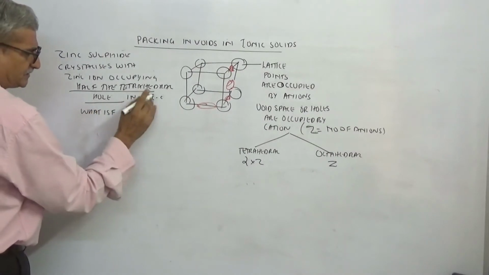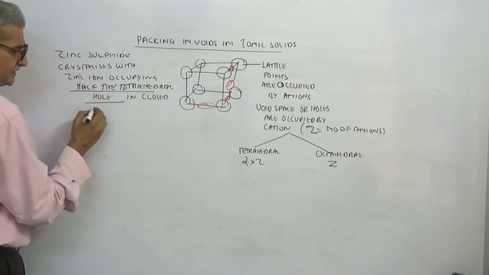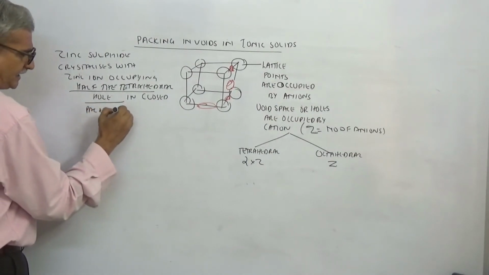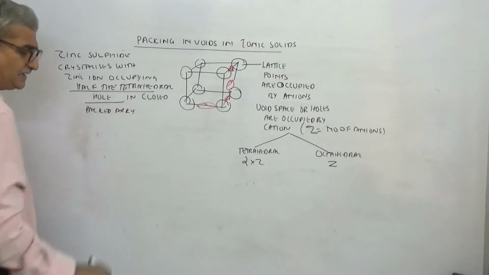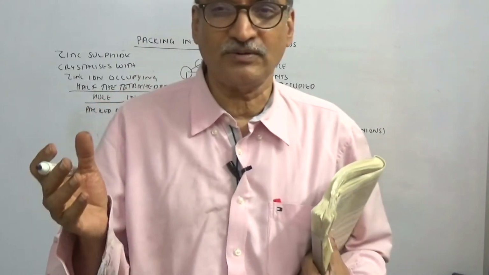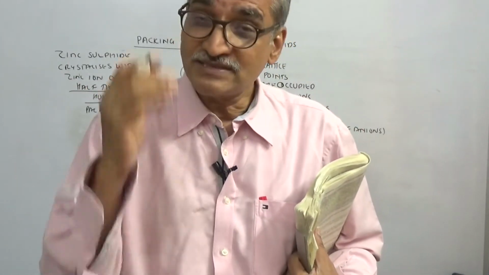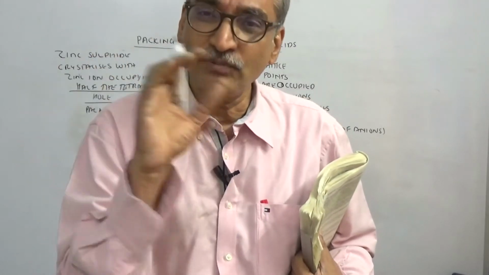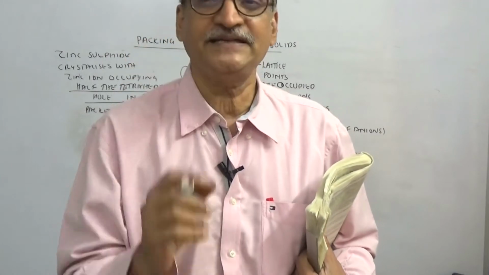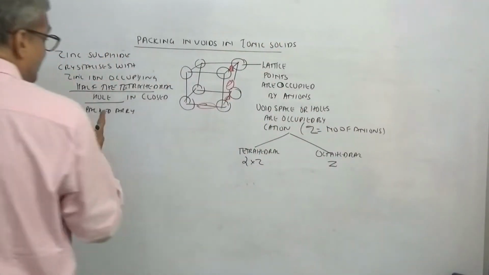What is a closed packed array? Why are they saying closed packed array? Because the first thing I talked about last time was that if atoms are one below the other, it is open packing. So simple cubic and body centered are both open packing, whereas face centered is closed packing. Are you understanding? That's why they said closed packed array.